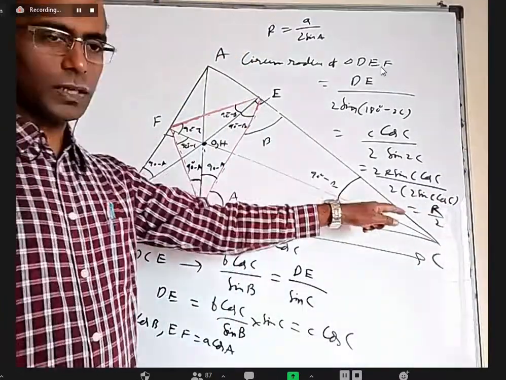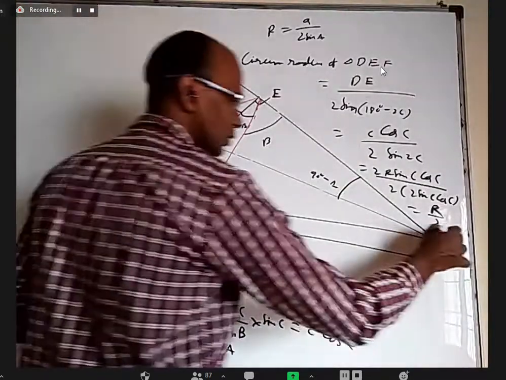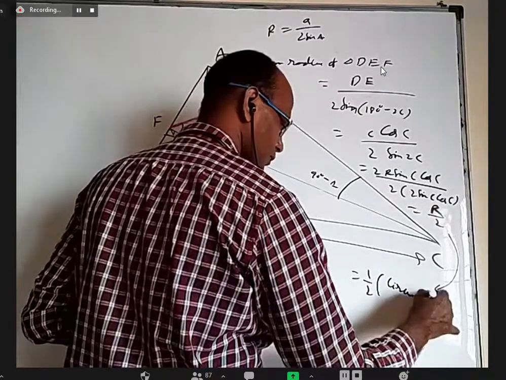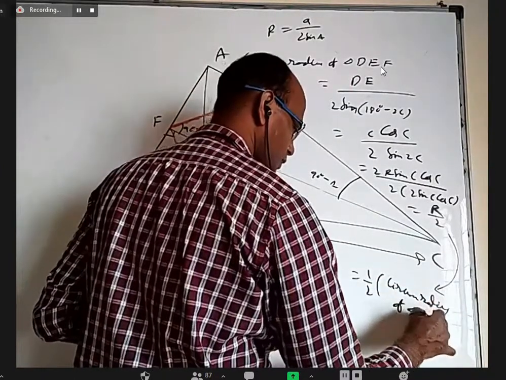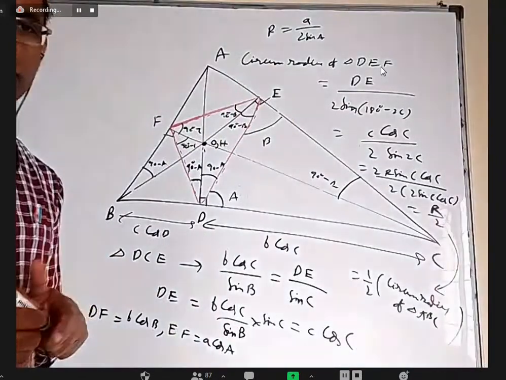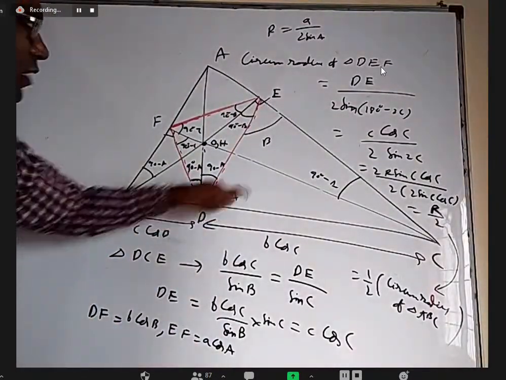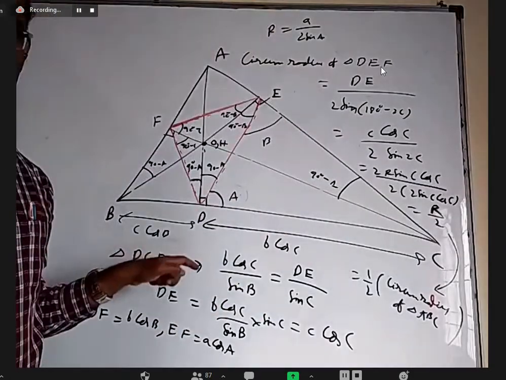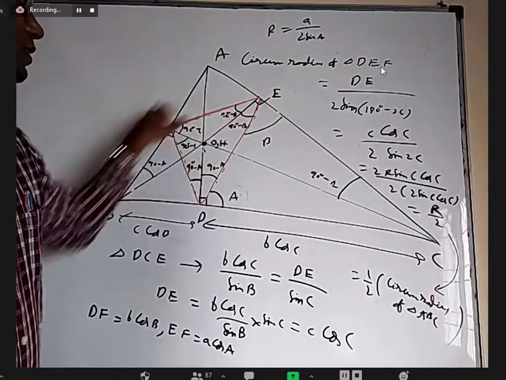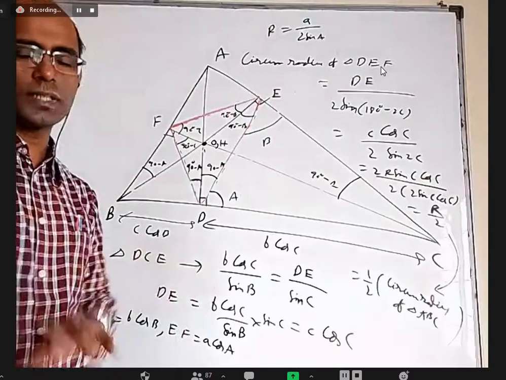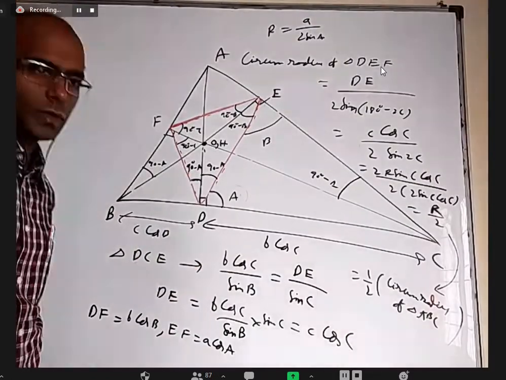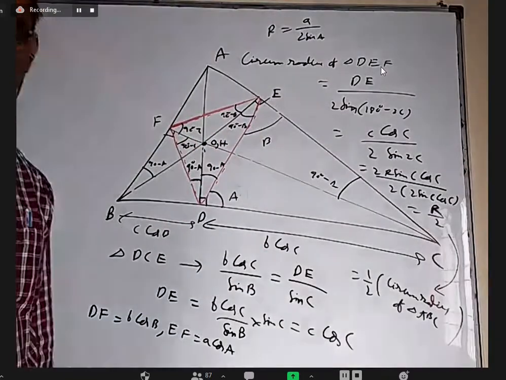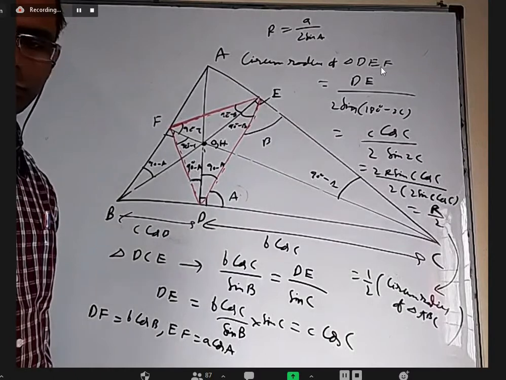What is this capital R? The circumradius of the original triangle. Yeah, so this can be written as half of the circumradius of triangle ABC. So quite interesting, but I don't think there is an easy way to prove that this will have one circumcircle. The radius of that is half of the radius of this big circumcircle. But the centers are different because the center here is somewhere else and the circumcenter of the total one is somewhere else. Because the perpendicular bisector of this side is different and the perpendicular bisector of this side is different. Is that okay? Yes, sir.